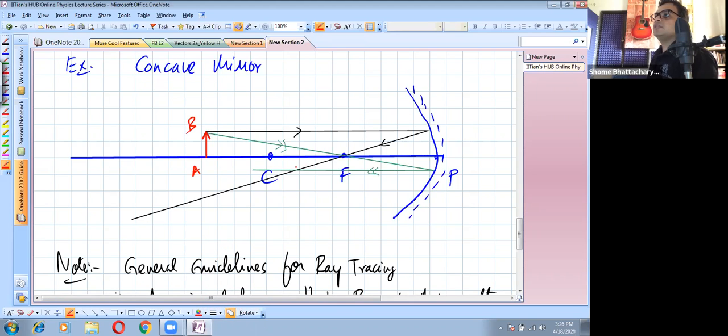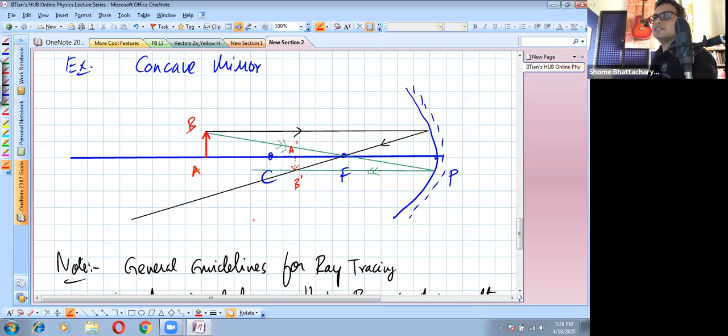The image should be here, because the image of B should be below here. So the image of A will be on the principal axis, which you understood earlier. Okay, so this will become the image. So this B prime and this A prime will become what you can see is the inverted, diminished and real image of AB. Okay, and by making more such diagrams and understanding these, it will also become clear to you